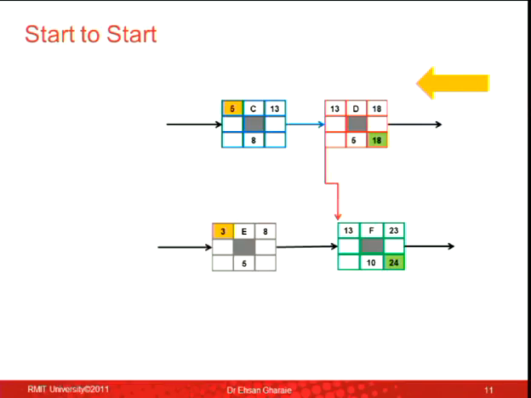Right? So activity F, if the late finish of activity F is 24, then what should be the late start? Late start, 14. 24 minus 10, 14. Now, I want to calculate the late start of activity D. I'm here. Late start of activity D. I'm going backward. I'm following the arrows backward, right?